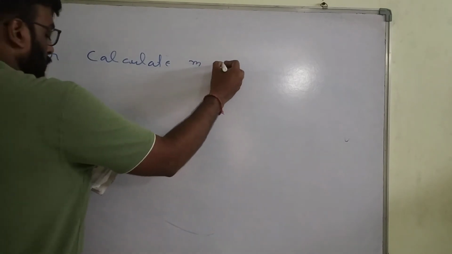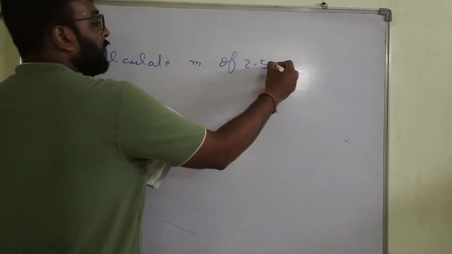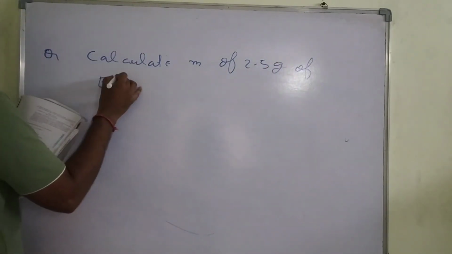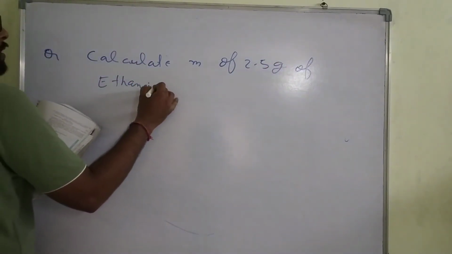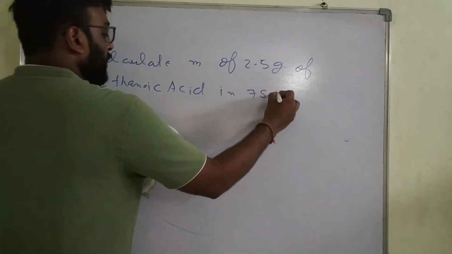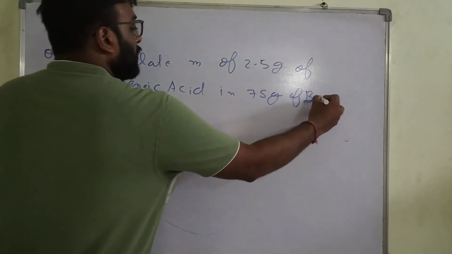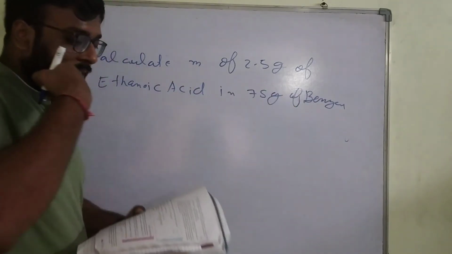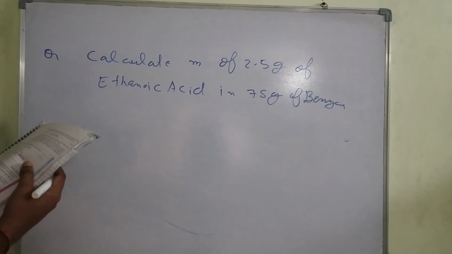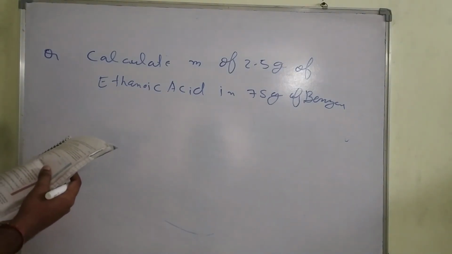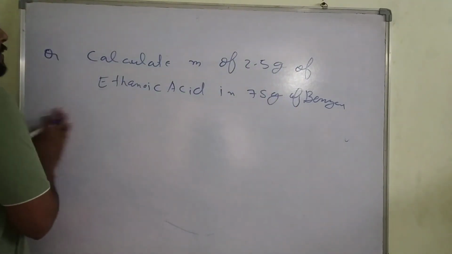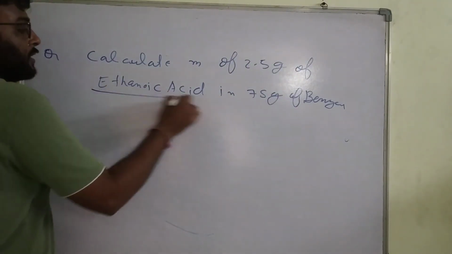Calculate the molality, small m, of 2.5 gram of ethanoic acid in 75 gram of benzene. Calculate the molality of 2.5 gram of ethanoic acid in 75 gram of benzene. Okay students, look over here. As you know, ethanoic acid is